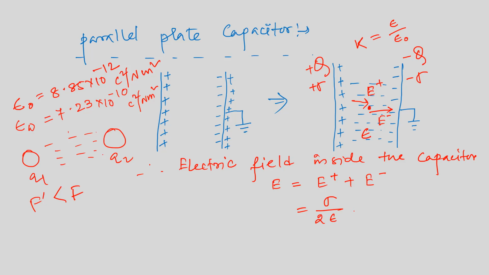This is not the air or vacuum. Remember that. For the negatively charged plate, the electric field I am getting is also sigma divided by twice epsilon. Same. That's why we are adding, no? If they had opposite directions, why should I add them? So whenever I add them, I get the final value of electric field as sigma by epsilon. Now, there was a relation between the electric potential and the electric field. The electric potential V is equal to the electric field multiplied by the separation distance between the charges.